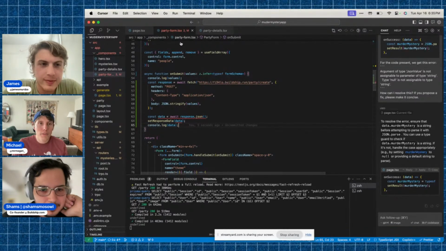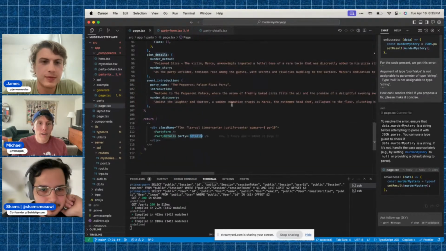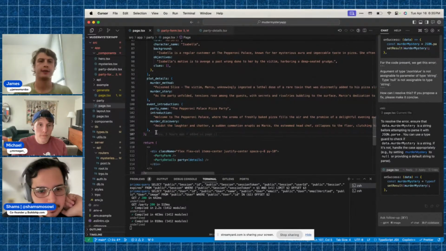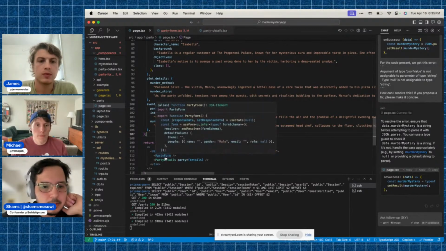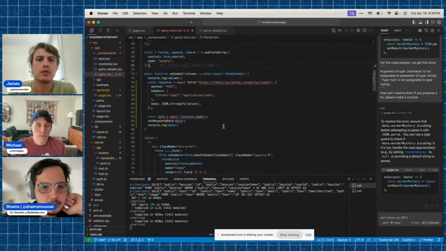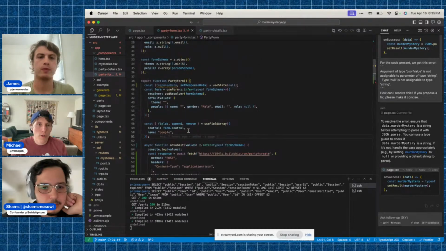All right, keep the console log. All right, and then this. So PartyForm takes, if you go back to the PartyForm, you want to move that useState hook to this component. Oh, I see.